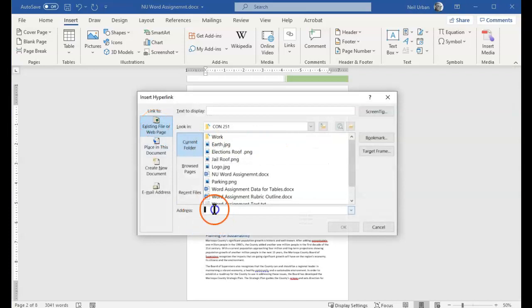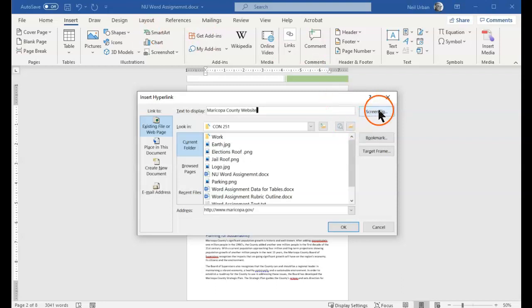We can just type in www.maricopa.gov, and you can see that this is the address, but also this is the text that's going to display on the page. It doesn't have to be this text, and we just want to make it look a little cleaner, so we're just going to change that to Maricopa County